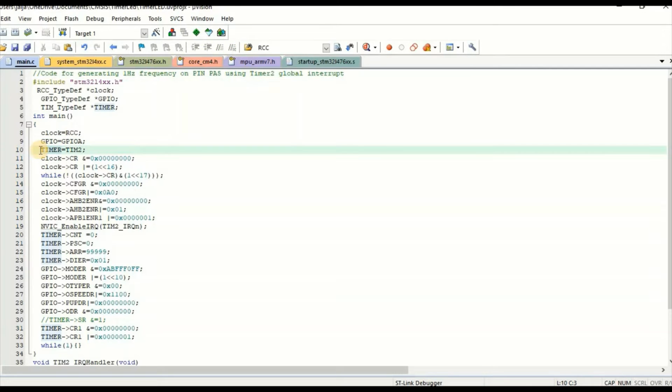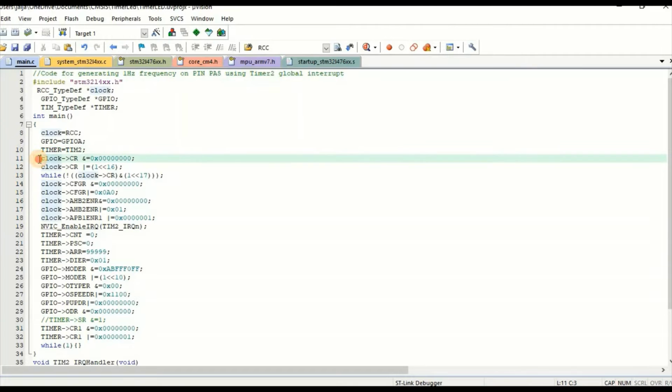So this is timer 2, which is a 32-bit timer, and we will copy its address into the timer pointer. And this is for actually clearing the value of the CR register of the reset and control block.